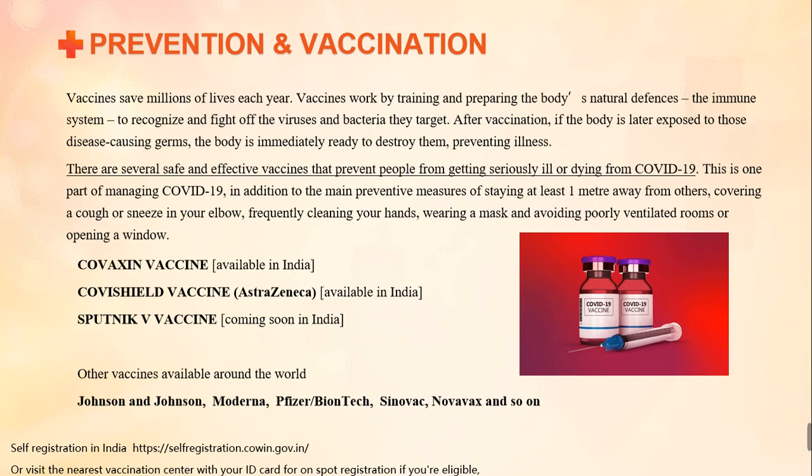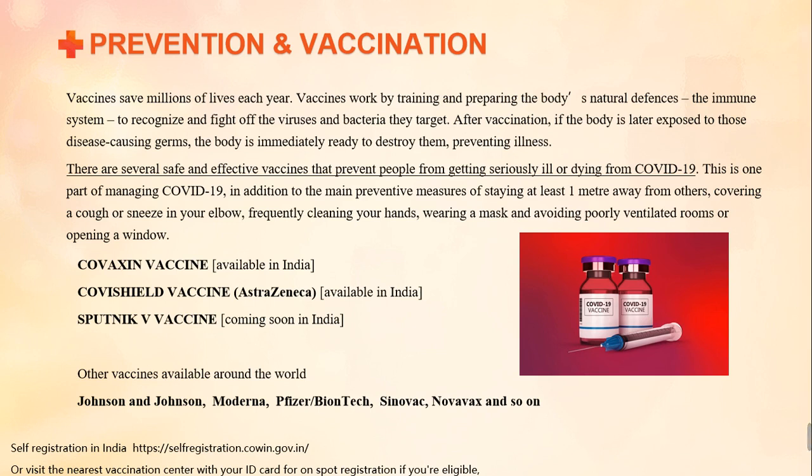And what are the vaccines available right now in the market? There are many vaccines available right now, but when I'm talking about Indian ones, they are Covaxin, Covishield and Sputnik V. The Sputnik V vaccine is coming to India soon, from the month of May. There will be more Sputnik V vaccine, and it will be used for emergency use only right now. But Covaxin and Covishield are given to the population right now. As of today, the 45 plus age group can get vaccinated, and starting from May 1st, 18 plus